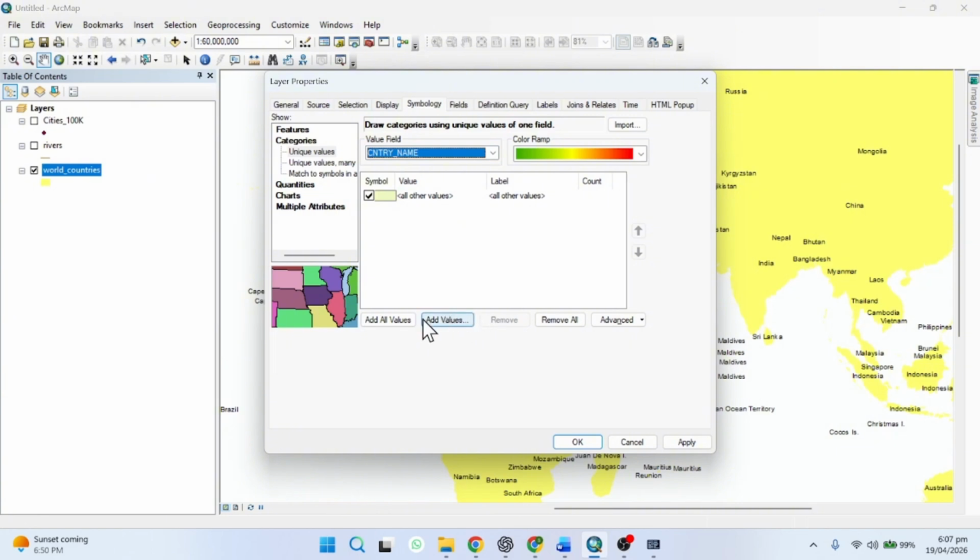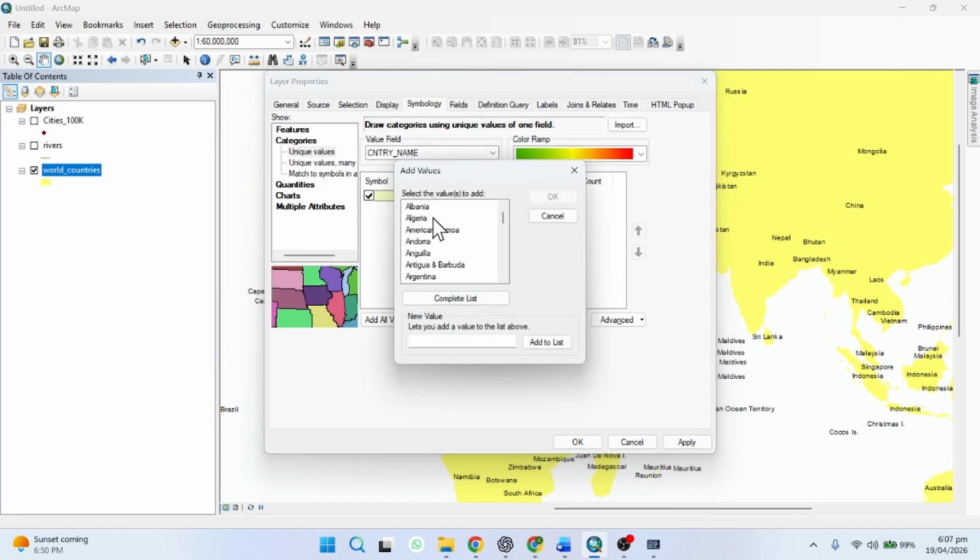Add all values. If you want to add all values, all countries will be added. Add values, go grouping. You go here, like for example, we want to get some countries like Germany and